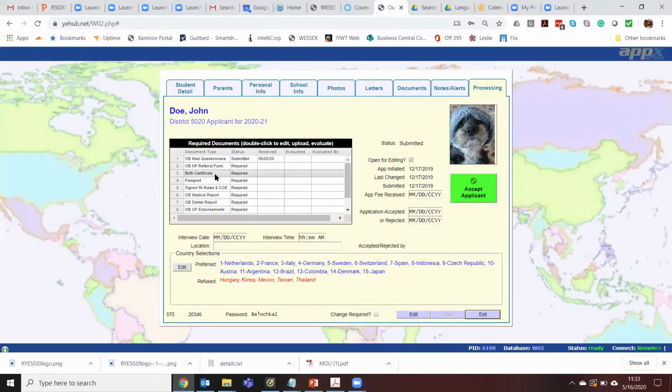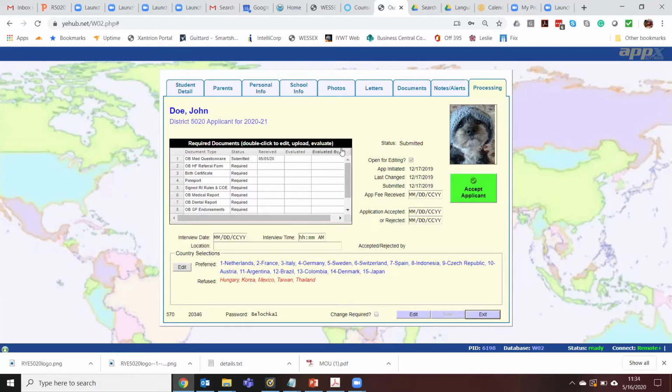We need a birth certificate and or a passport, the signed rules and conditions of exchange, the outbound medical report, the outbound dental report. Outbound guarantee form endorsements is the endorsement by your club that the student is going to go on exchange. Copy of the school transcripts. If the student's parents are divorced, then we need a copy of the custody document. If not, then that's not a required document.